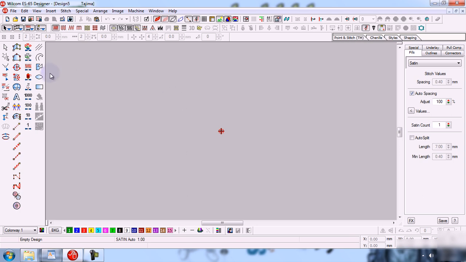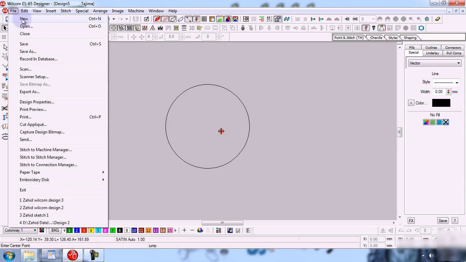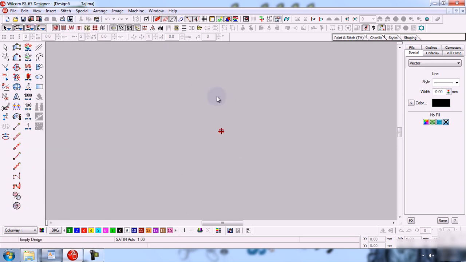Now in this project I create a circle, and we can open or create different projects at a time. For example, now I create another project. Every project will be separate.